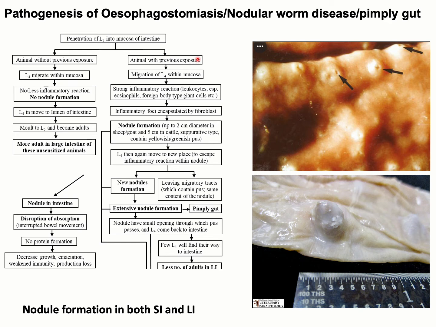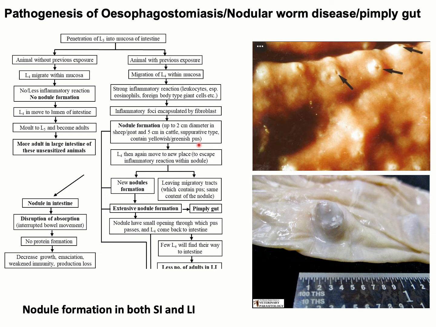And in the second situation, animal with previous exposure of the nodular worm, same thing, that is migration of the L3 within the mucosa, and there will be a strong inflammatory reaction that will encircle the L3 stages of the parasite, and there will be more nodule formation in the wall of the intestine. In case of the sheep and goat, the diameter of the nodule is 2 centimeter, but for cattle it is around 5 centimeter, and the nodule will contain suppurative mass, that is yellowish or